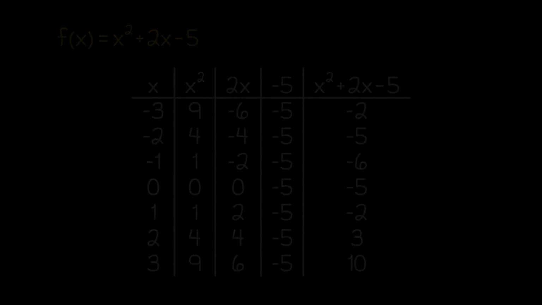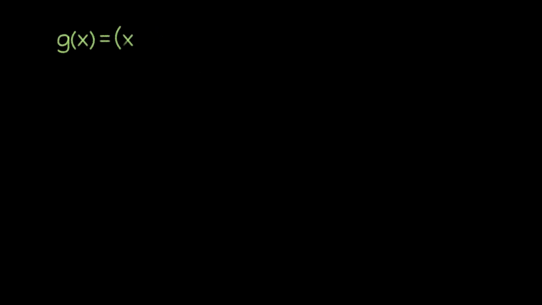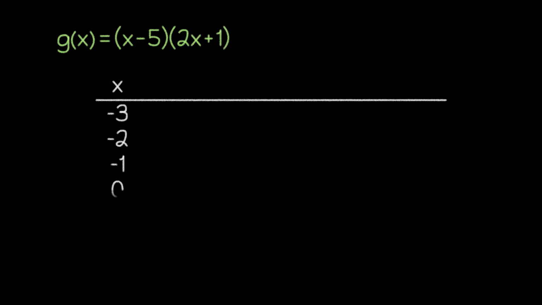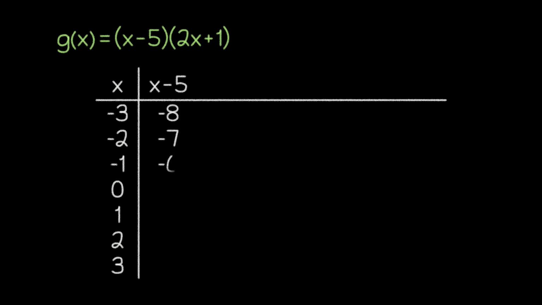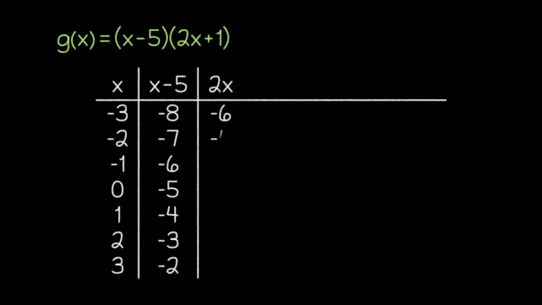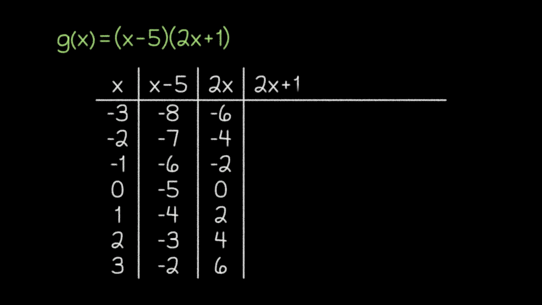With that, let's make one final table for a function that's in the factored form. As always, our first column will contain our inputs, but for our second column, let's have that represent the first linear factor of our function. Then, since the second linear factor contains a couple calculations, let's break that down and make our next column represent the input times 2. Then, the following column can represent that value plus 1. At this point, we need to multiply the values from our second column and our fourth column, which will give us our final outputs.